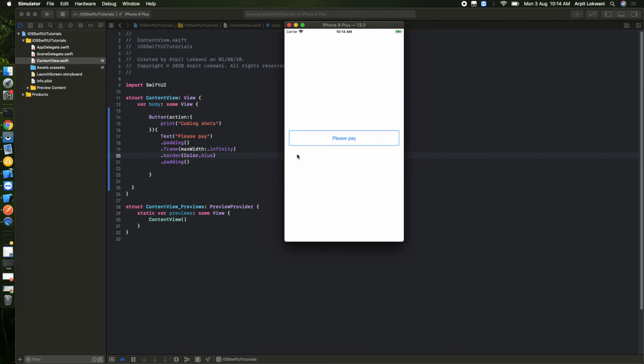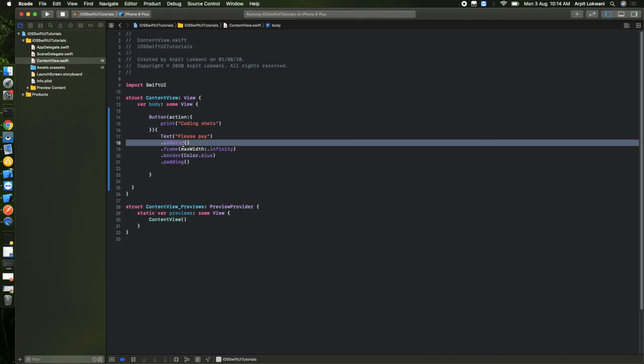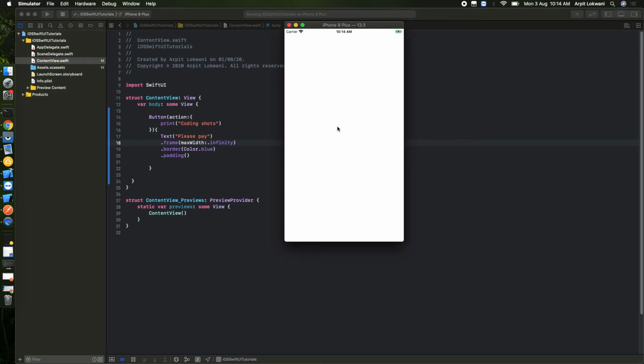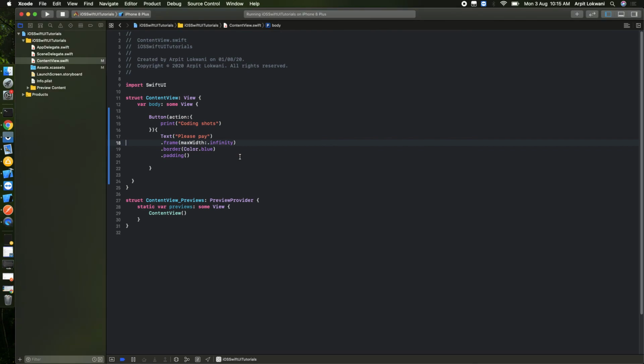So you can see that, right? If you remove the padding, the basic concepts of padding and all I explained in my previous sessions, so you can go and watch them and you will find the difference between these kinds of modifiers. You'll see it's totally compressed. So some padding you can add, and these are the modifiers you can play around with.